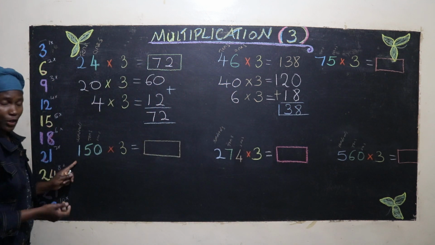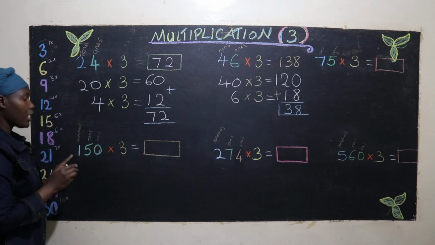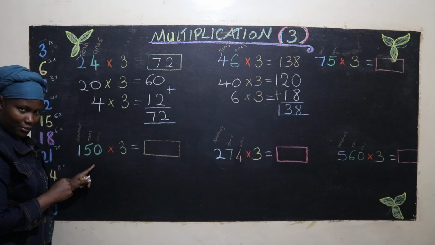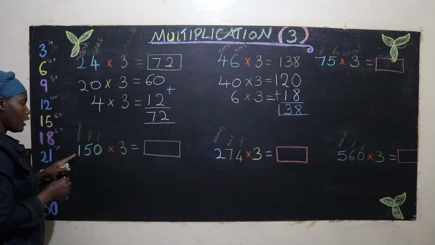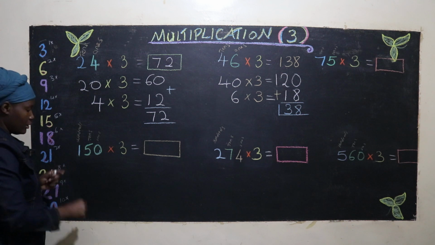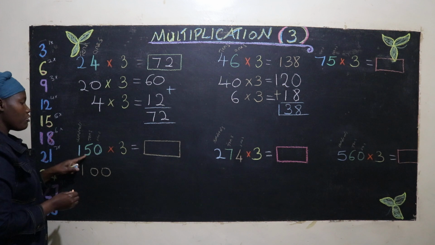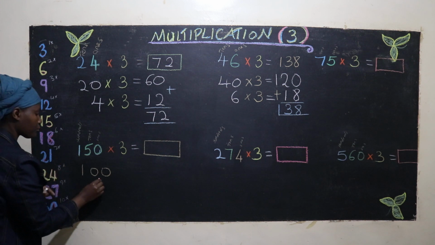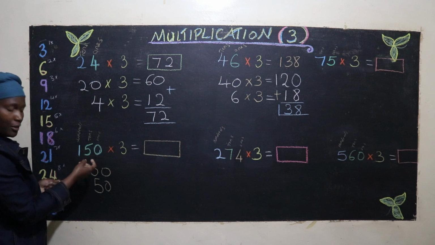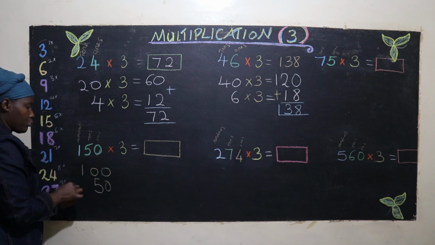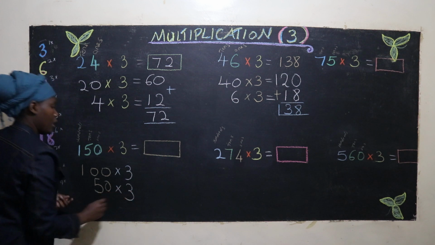Over here, we have ones, tens, and hundreds to make 150. So we still do the same thing. How many hundreds? Only 1. So we have 100. 5 tens is 50. We do not have ones. It's just 0. So we come and we multiply by 3, both of them, and